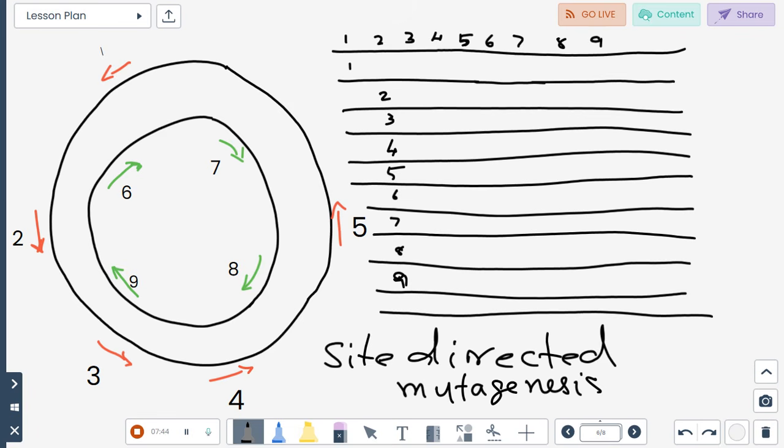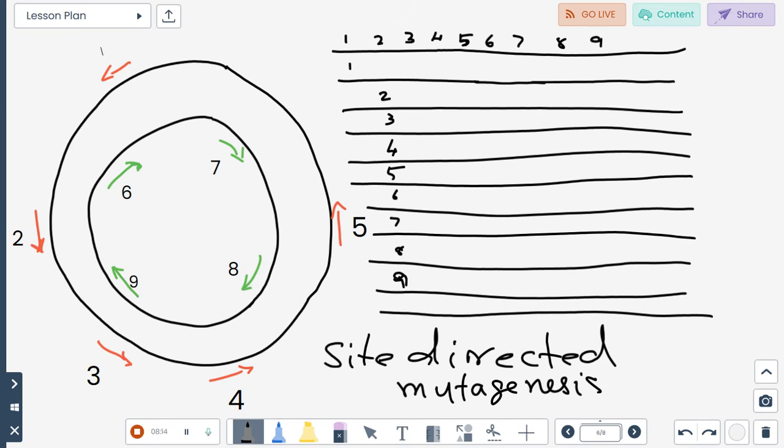site modified. But if you are using this inverse PCR, you can have any number of mutated primers. In the overlap extension PCR, what we have seen is you have a mutated forward primer and you have a mutated reverse primer. So suppose if you are planning for 9 sites, you need 18 oligonucleotides. But if you are using inverse PCR, you need only a total of 9 oligos, and